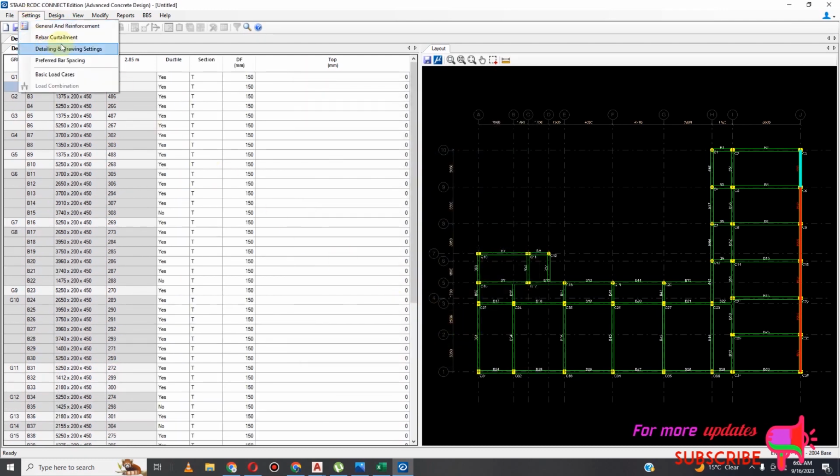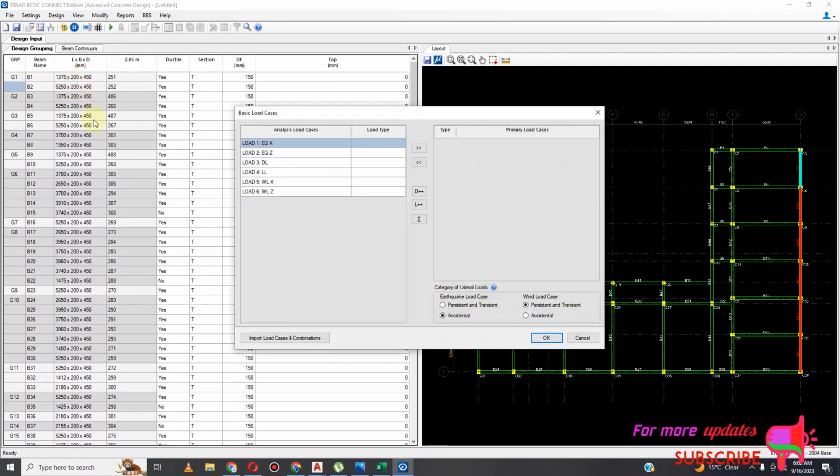Settings, and go to basic load cases and include all the other quicks: X, other quick Z, and also